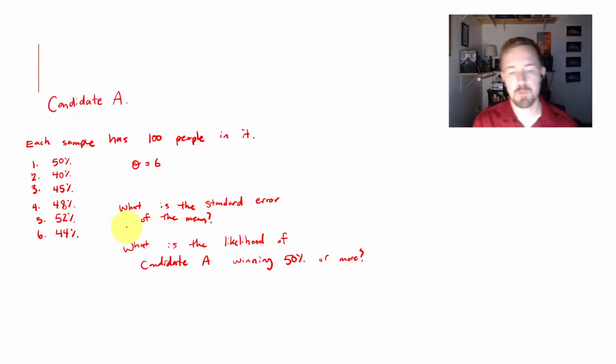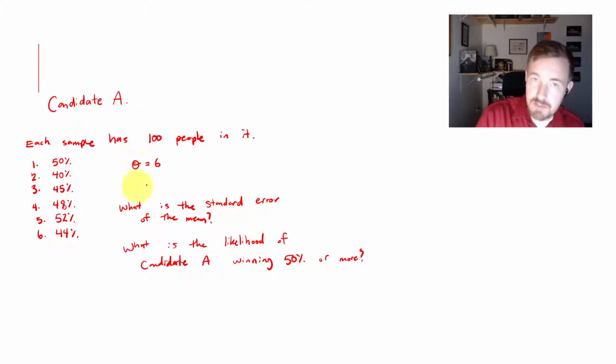So the first part is the easy part. So what is the standard error of the mean? I gave you the population standard deviation, which is 6 here. So how do we get the standard deviation? Remember that we're going to do, to get this,